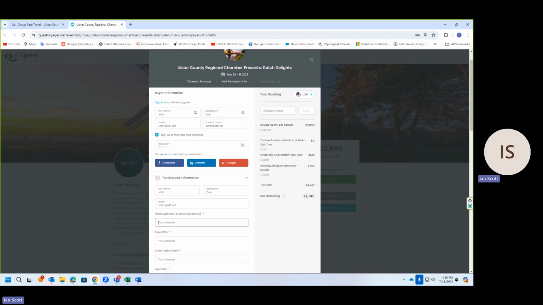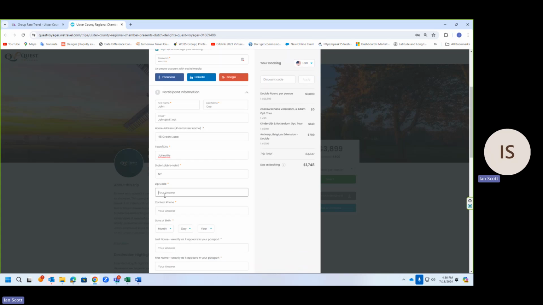My home address is 45 Green Lane, and that's in Johnville, and in the state of NY for New York. As we scroll down, what else do we need? We need a zip code. 0909, I don't know what the zip code is for my fictitious location, so I'm going to drop it in. Contact phone number